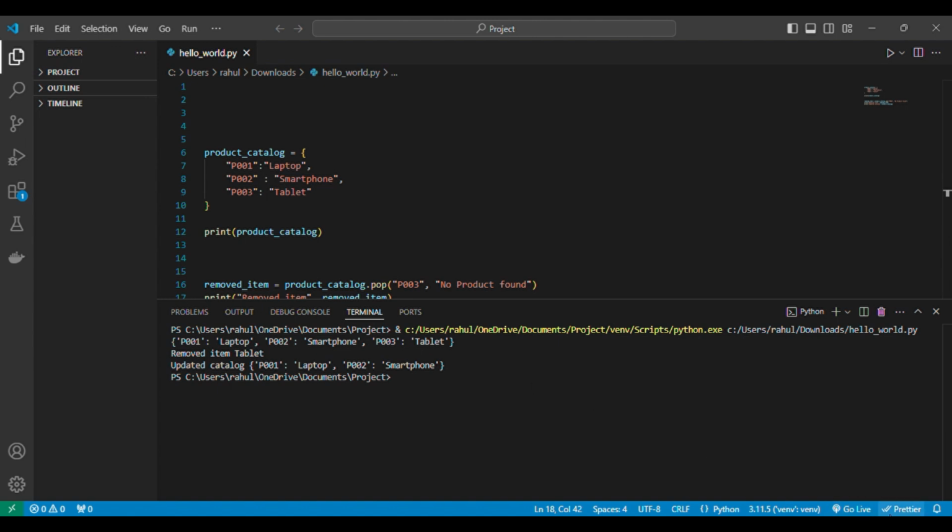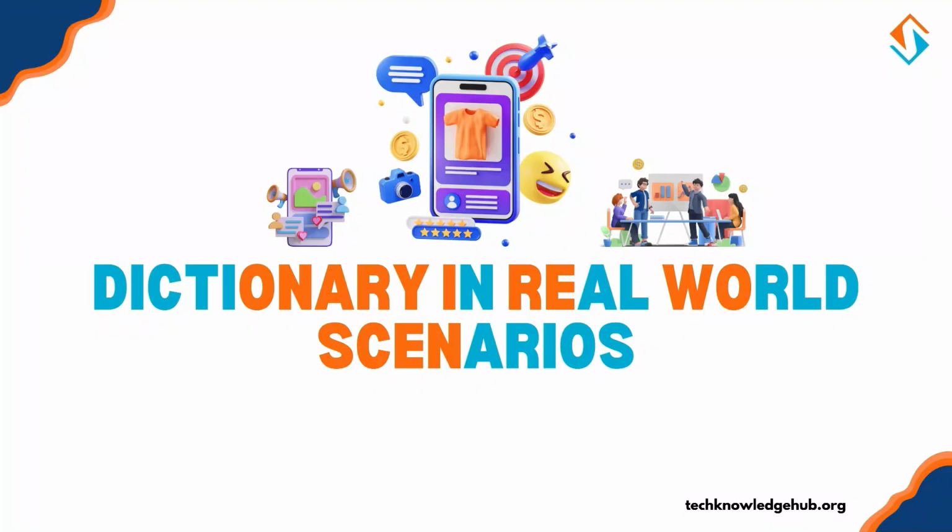Now let's look at how dictionaries can be used in real-world applications. There are many cases where we can store related information with dictionaries, such as contact lists, product catalogs, and inventory systems. Imagine you want to store a contact list with names and phone numbers.